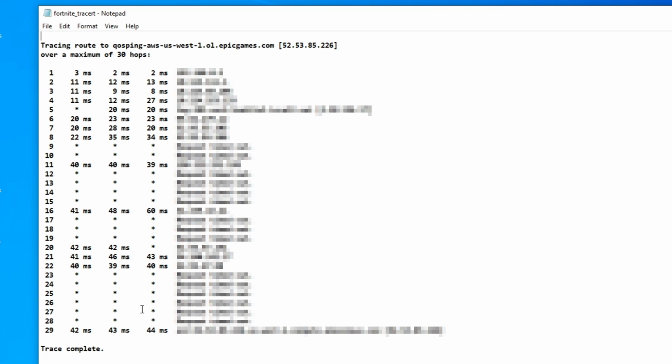Basically now at this point you're going to look at all the higher ping IP addresses. So in this case 29, 22, 21, 20, 16, 11, and I could even include 8. 8 is a little high because it has 35 and 34. So basically once you look at all these higher IP addresses, you're just going to copy the very right column over here. You're going to copy these IP addresses, and then what you're going to do is come back into